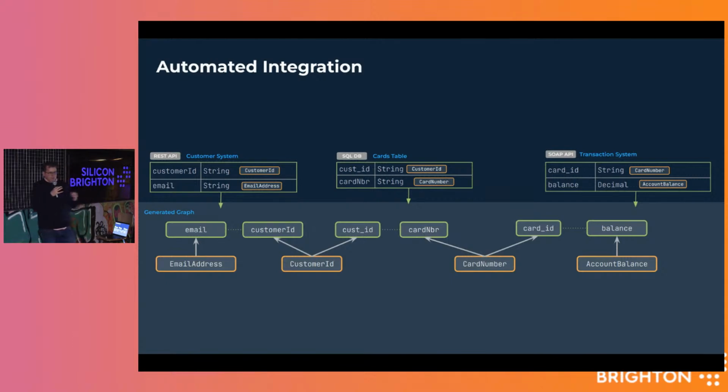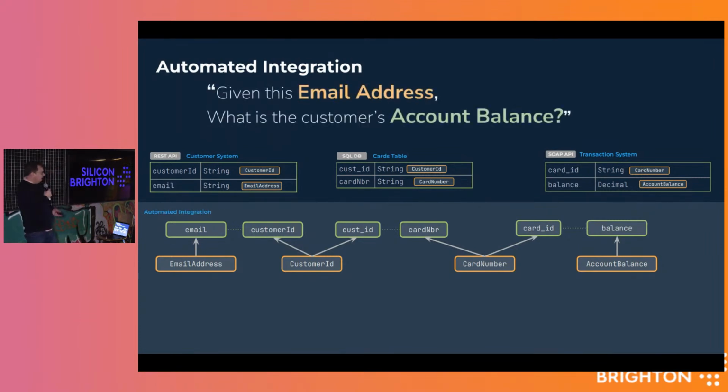We can take those schemas and we can publish them somewhere. And when we do that, we can build this big old graph where we can understand how all of our different systems relate and how the data between them can be shared. Which means when we get this requirement of, given this email address, what's the account balance? Without us having to have previously seen this requirement or previously built any integration, we can work out that in